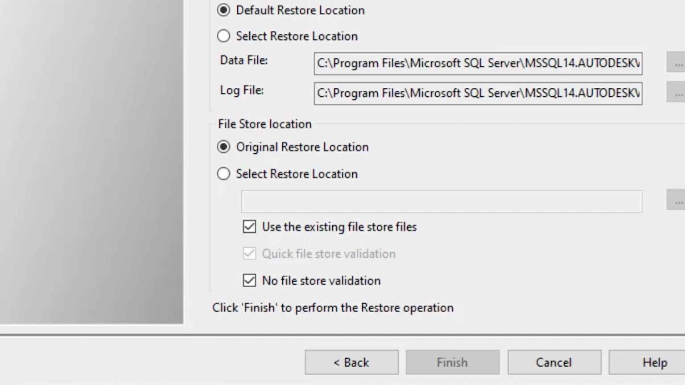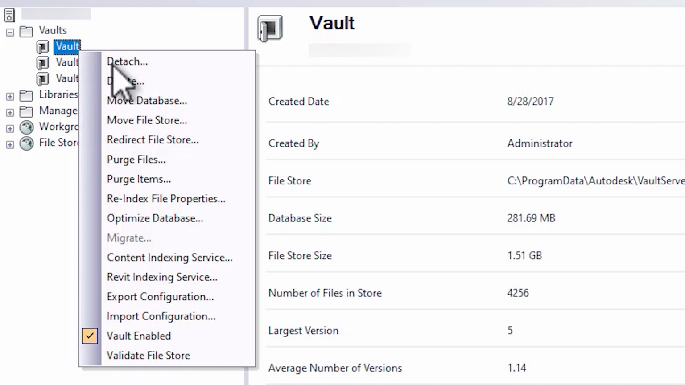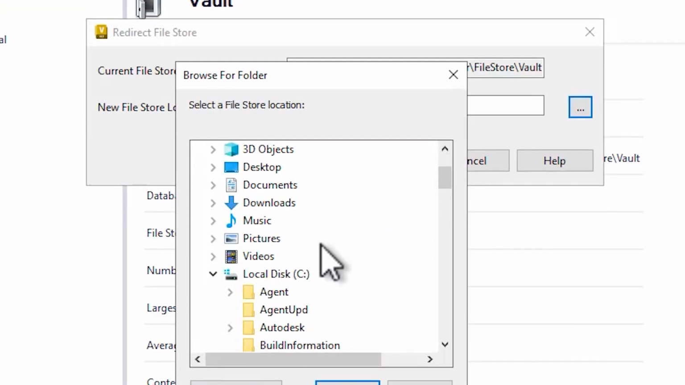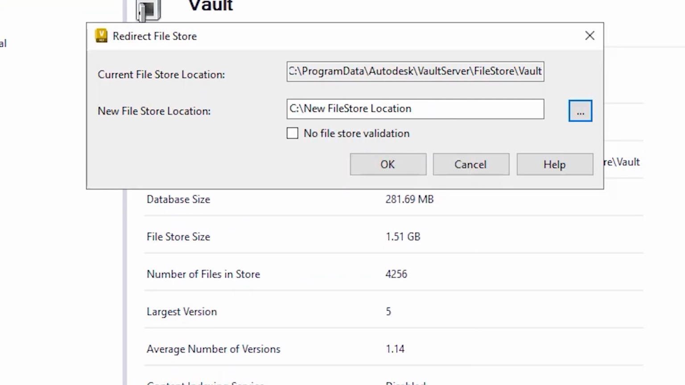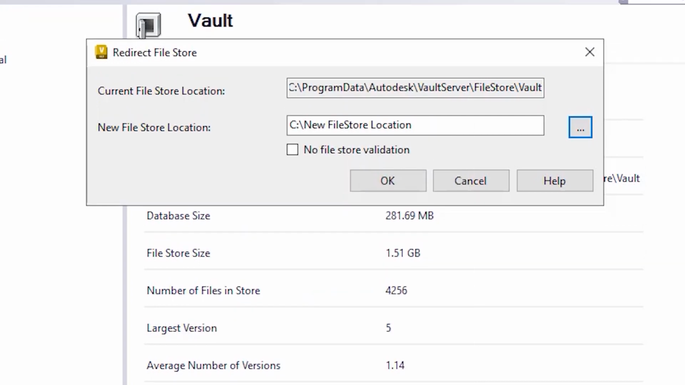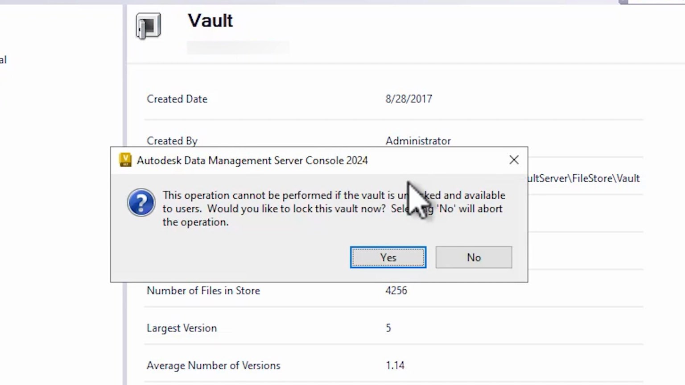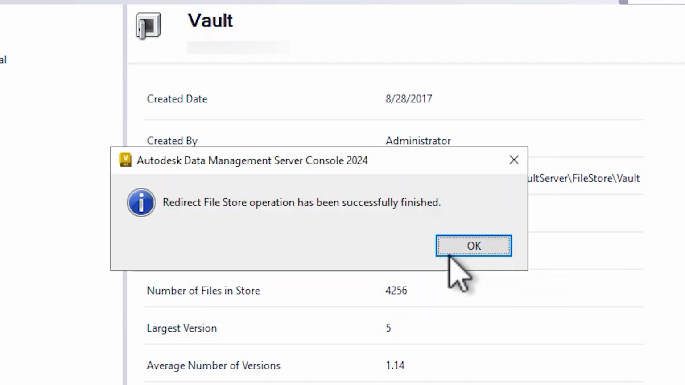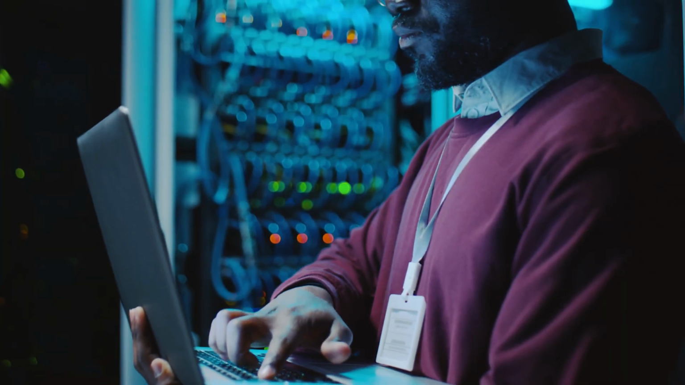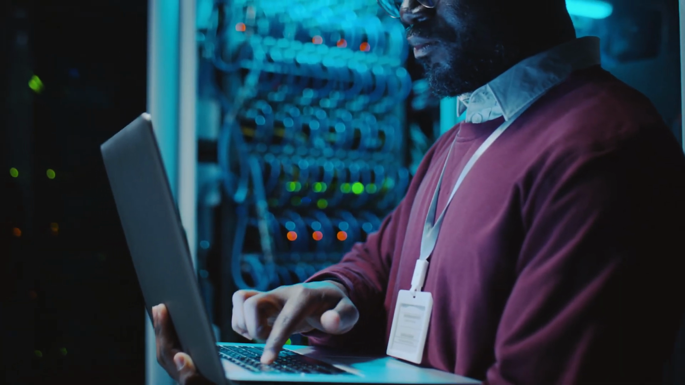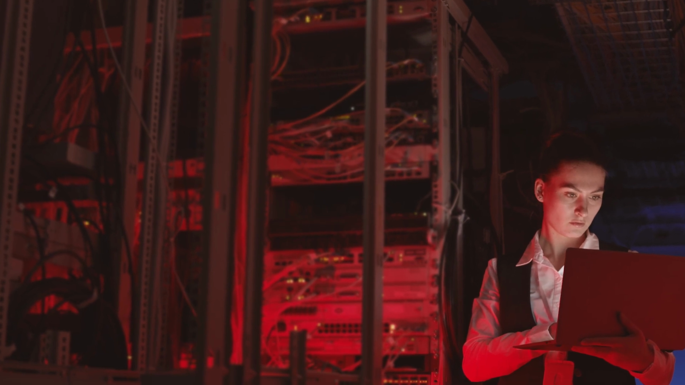As a result, the restore operation will be completed faster and the file store validation could be executed at a later time. Lastly, you can now redirect the Vault to a new file store location. This allows the administrator to prepare a new location for the file store while the existing file store is being used. Once the new location is ready, redirect a Vault to the new location without having to move files during the operation. All of these enhancements are geared toward giving the Vault administrator more flexibility for backup and restore operations